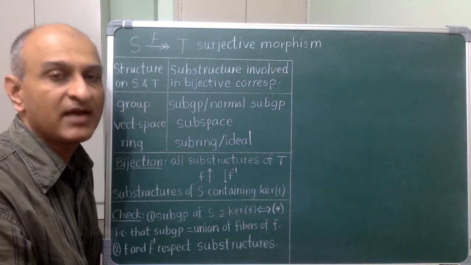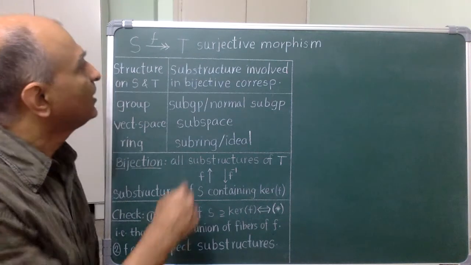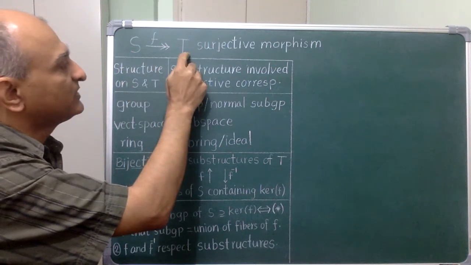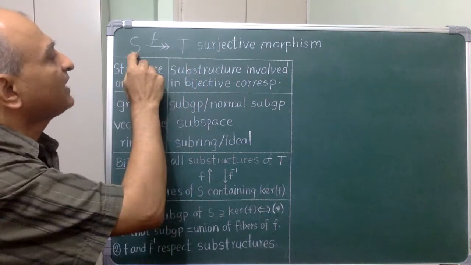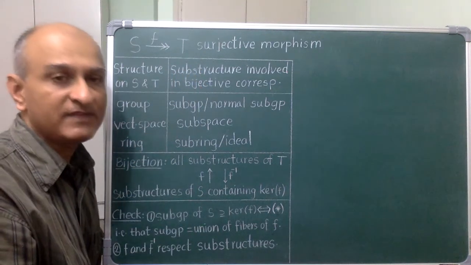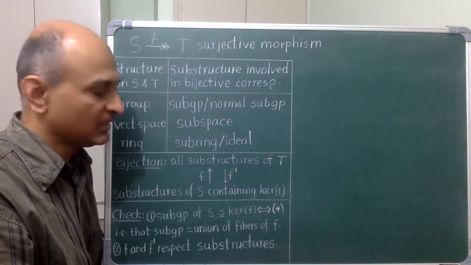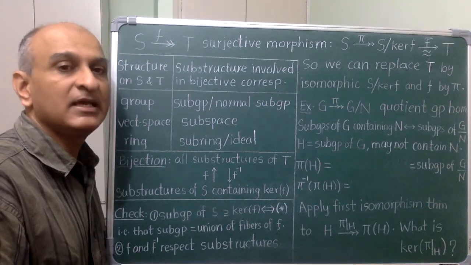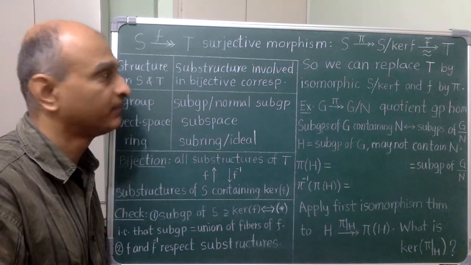In two cases, I have to be a little bit careful. To say that F of a normal subgroup here is a normal subgroup and F of an ideal here is an ideal here, I should note that F is a surjective homomorphism. So please check this for yourself now. Finally, let us see the theorems in action.